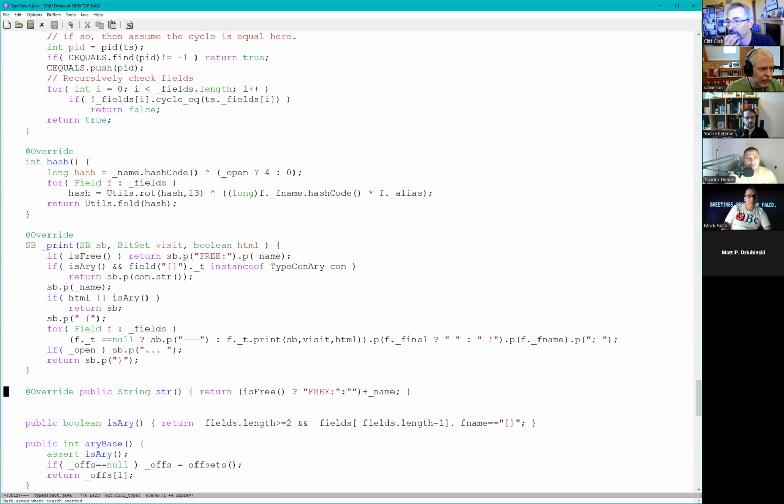But let's say you have a user struct that's stack allocated, and its first field is friend, and it's also a user struct that's stack allocated. The type check would say, hey, that's a recursive type. We can't do that. However, if it's a pointer to a user struct, that's totally fine because it terminates the recursion basically.